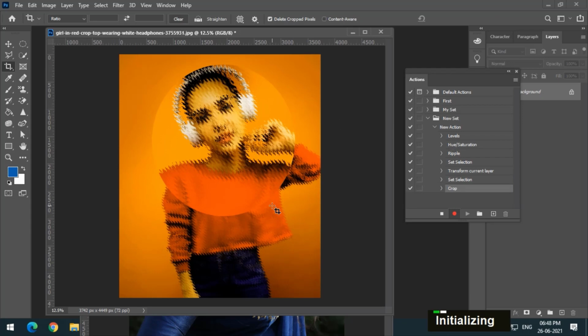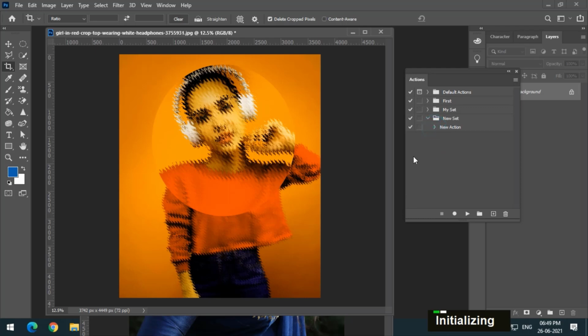Now you can perform any number of steps. You can perform 50, 60, 100 steps, but for this example I'm stopping here with 6-7 steps. To stop our recording, we simply have to click on this stop button, stop playing recording. So it has stopped now, and we have created these steps in our action.